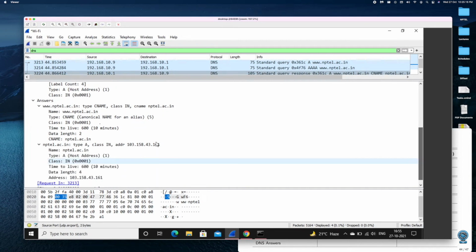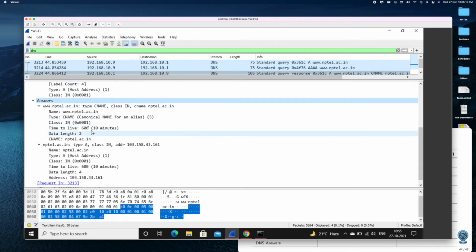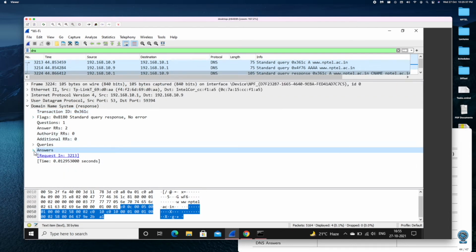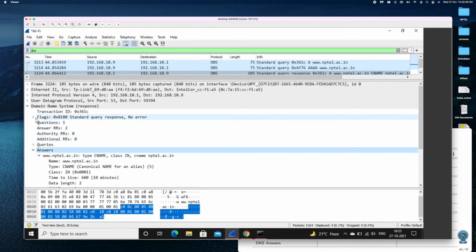The answer has come back with all these details, and it has also got the IP address of the NPTEL site from the DNS query. You can see the NPTEL site IP address over here. So let's quickly note down these details in the table, and let's keep the answer open.